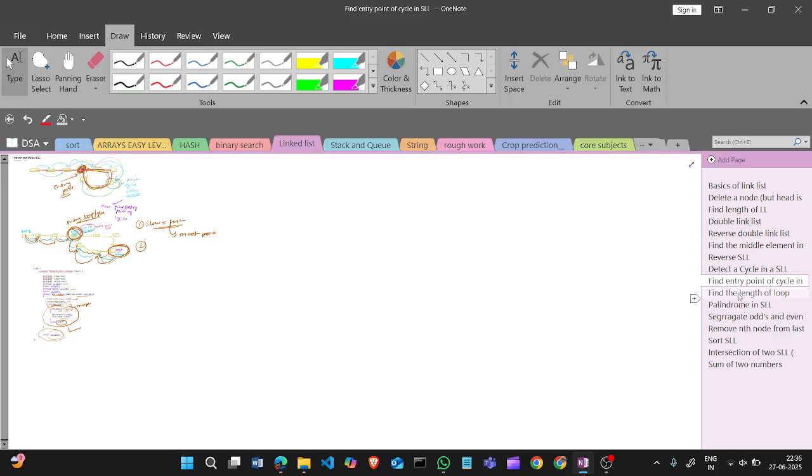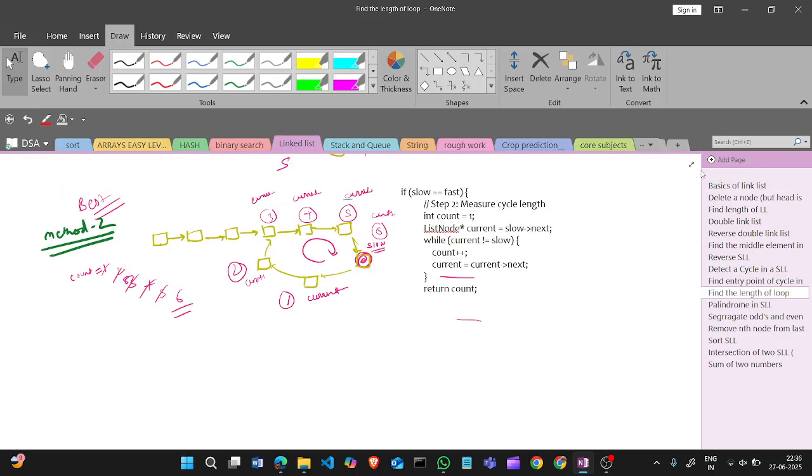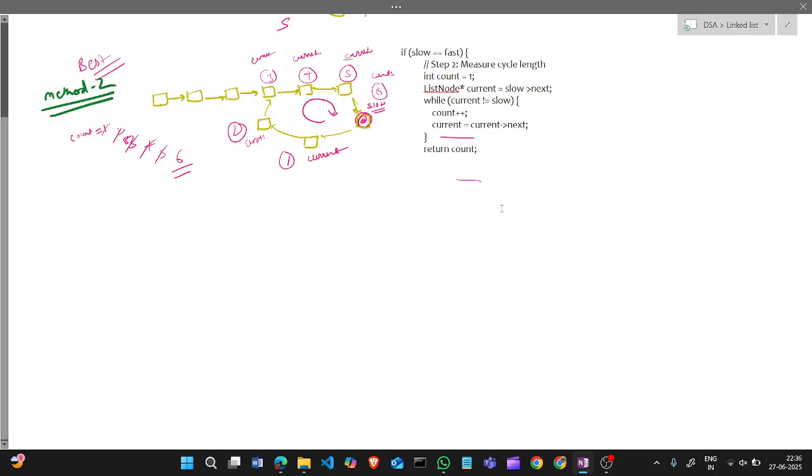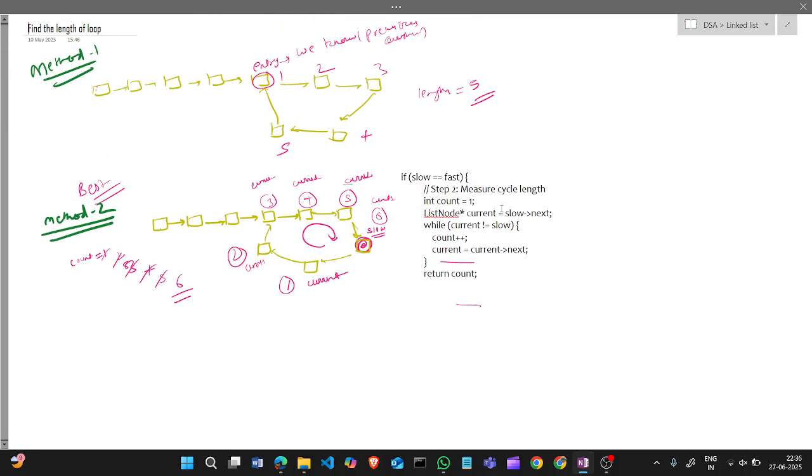So the next question is: find the length of a loop. This is interesting. There are two methods.